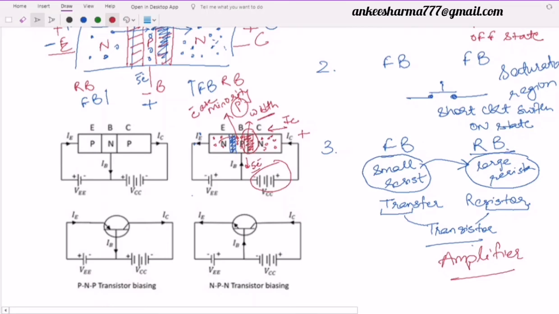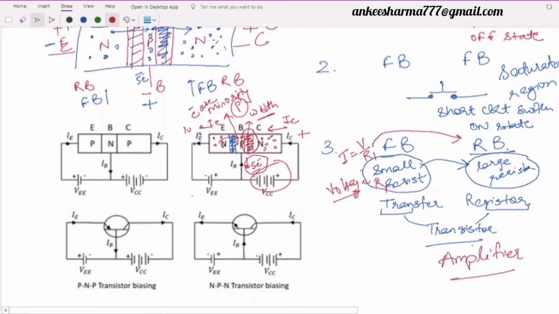But for today's lecture, just remember that whenever we have a transfer of resistance from small to large, definitely when small resistance will be there, if I apply any voltage over here, there will be some flow of the current. If I assume this resistance to be small, capital R or R1, then definitely the current that will flow through it will be equal to voltage divided by the resistance R1. This current will flow up to the collector or up to this junction. As we have seen here, we have IE and here we have IC, where IE and IC are almost equal because only a very small amount of IB current is flown due to these 5 electrons.